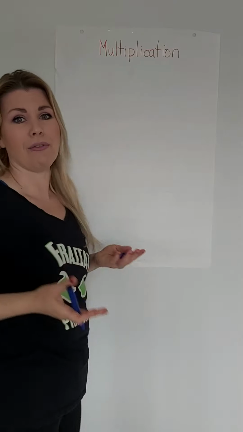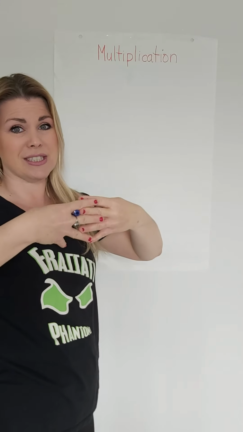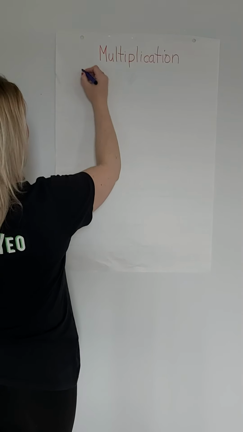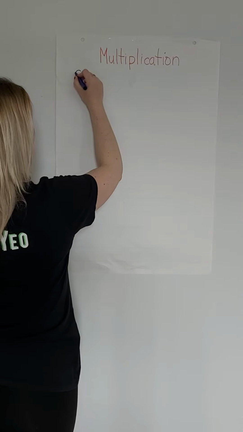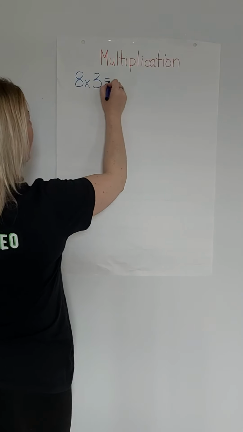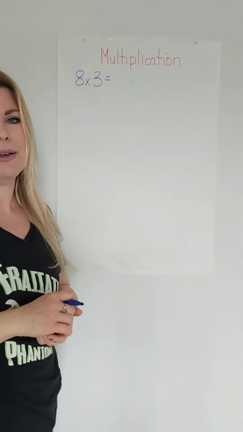So, multiplication, vraiment, qu'est-ce que ça veut dire? Multiplication et division, ce sont les amis qui vont ensemble, OK? Je vais écrire, par exemple, 8 fois 3 égale. OK, vraiment, 8 fois 3, ça veut dire qu'il y a 8 3 fois, ou 3